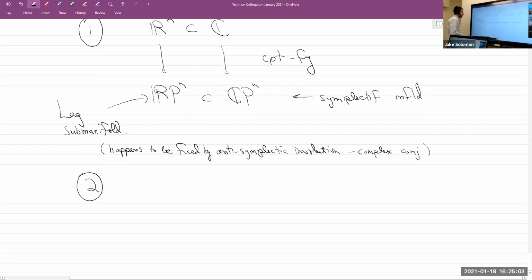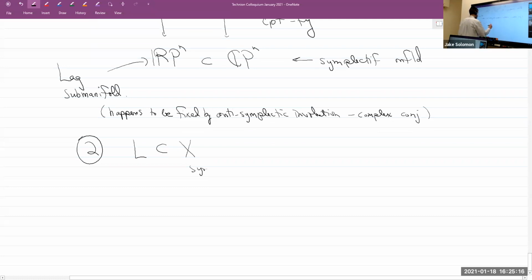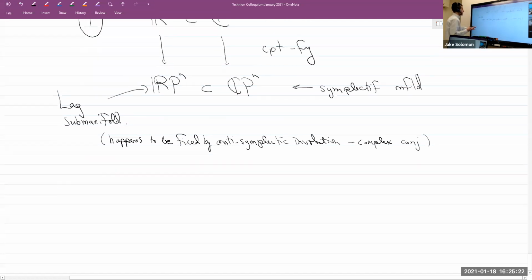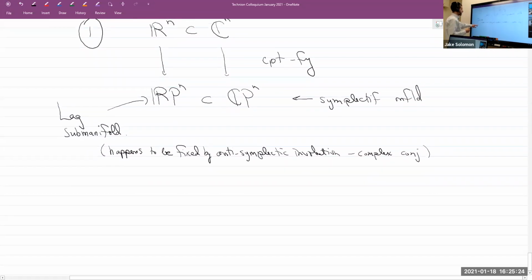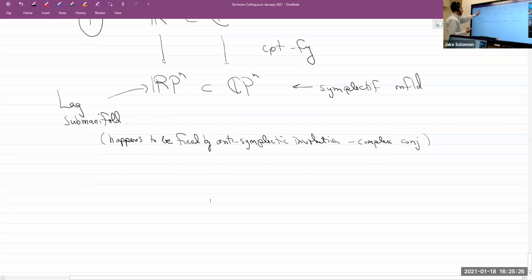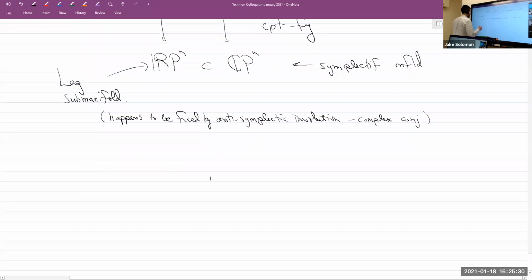So there's a general story that if you have a Lagrangian submanifold L inside of X, just any symplectic manifold. Oh, maybe I should say one more thing. What does a Lagrangian submanifold and symplectic manifold have to do with all this? Well, there's a notion of,